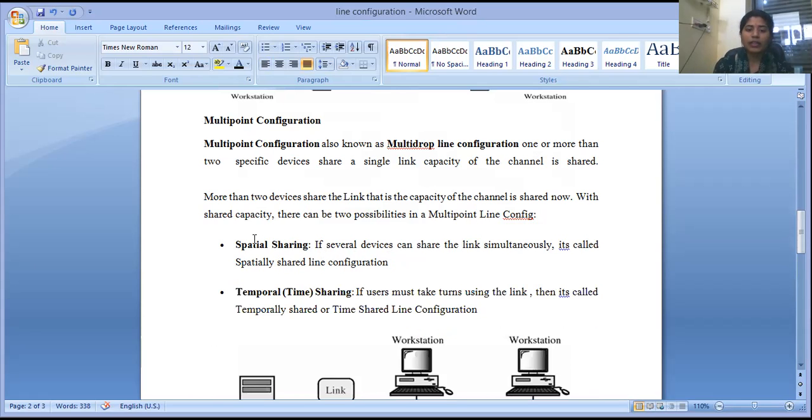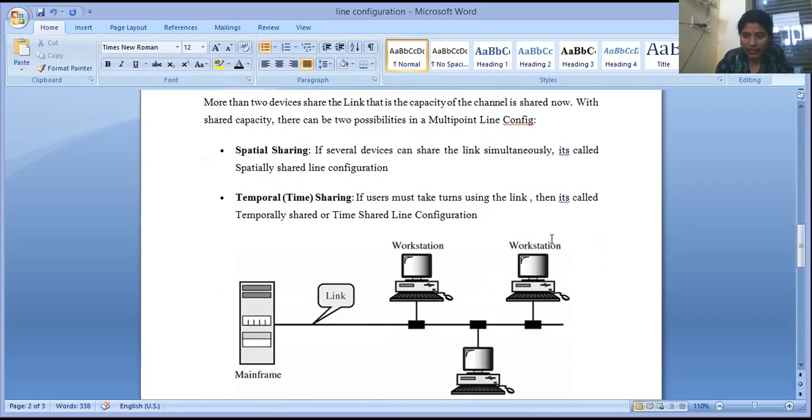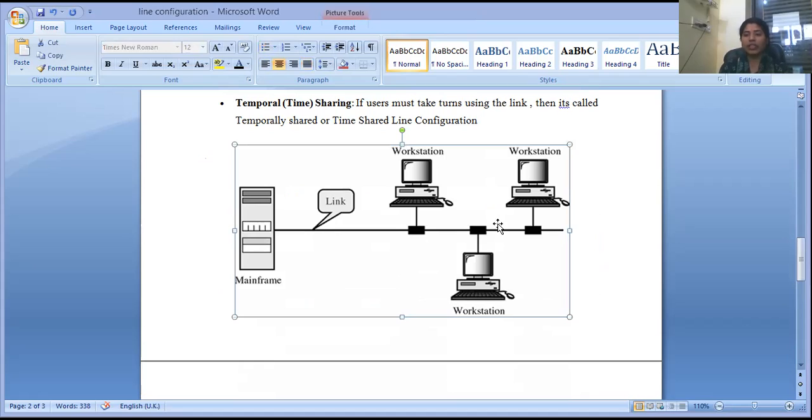So there are two things: one is spatial sharing, another is temporal sharing. Spatial sharing means that if several devices can share the link simultaneously, it is called a spatially shared line configuration. And if users must take turns using the link, then it is called a temporally shared or time-shared line configuration. Here is the diagram which shows the basic differences between point to point